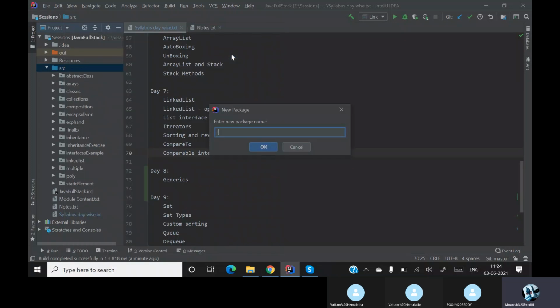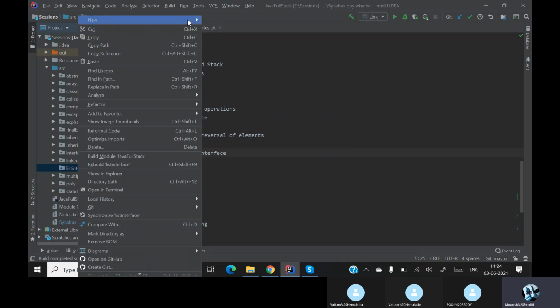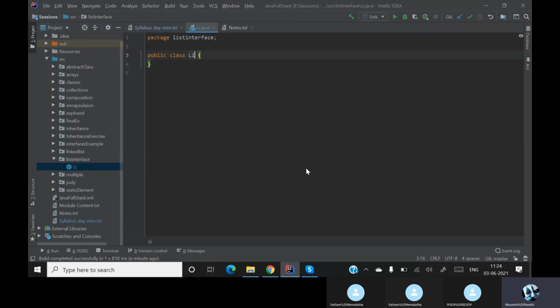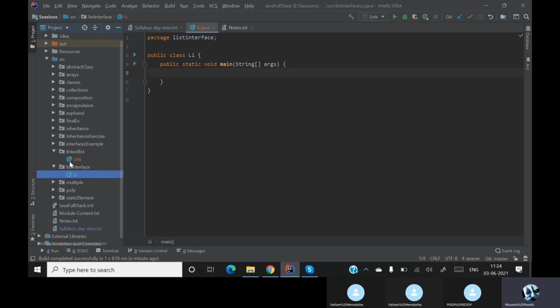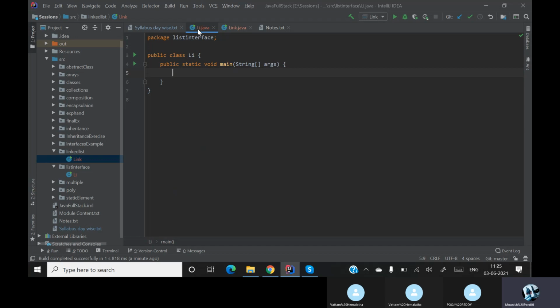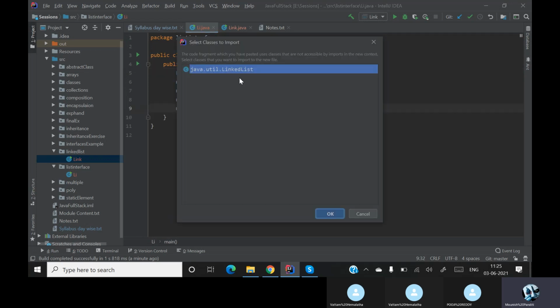Let me create a package and let me say list interface, and then let me create a class and let me call that as li. Okay, shortcut for list interface, and let me create a public class. Now before going into whatever that is, I'm just gonna copy my linked list and paste it over here.